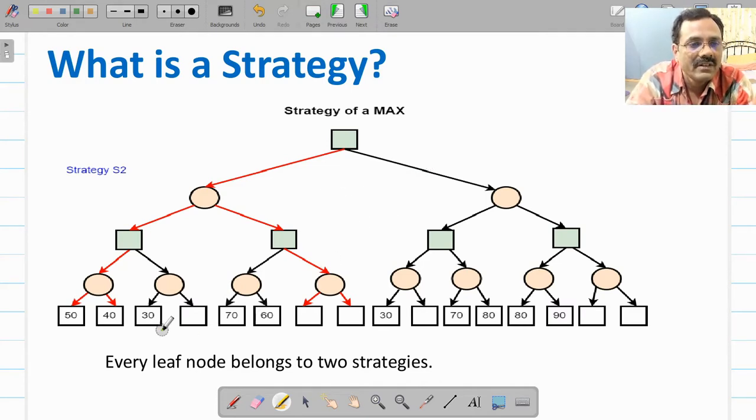So you will have to select a minimum set of nodes such that those 4 nodes will belong to all those 8 strategies. Every node belongs to 2 strategies, so there will be 4 nodes which will belong to all those 8 strategies, because each node will belong to 2 strategies.